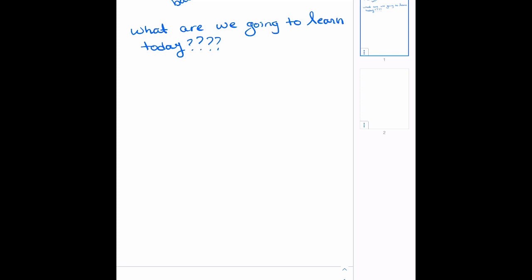Okay, guys, so what are our objectives today? The first objective is that we're going to state the differences between neurons and nerves. So what is the difference between a neuron and a nerve? Let me just write this out for you. State the differences between a neuron